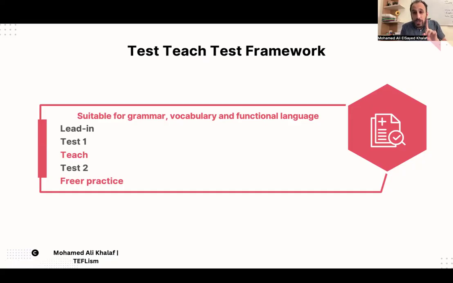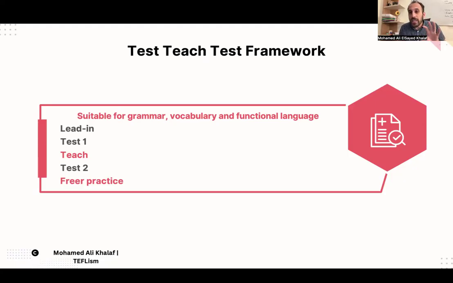In the exposure stage in the text-based presentation or the guided discovery frameworks, we have a text, reading or listening, that carries the target language for us, naturally. What about test, teach, test? We don't have a text. Instead of the text, we have a test. And this test aims at diagnosing the students' needs and measuring their knowledge.